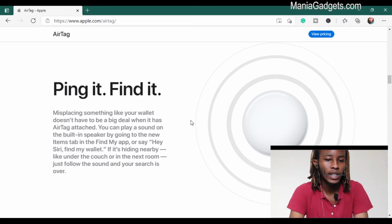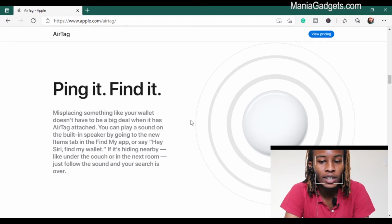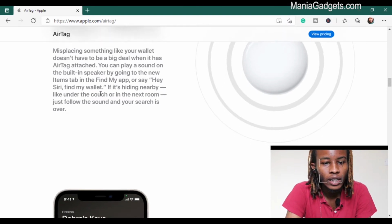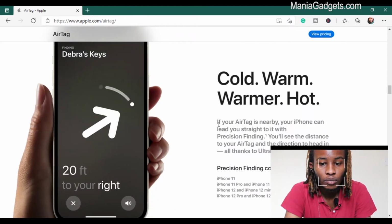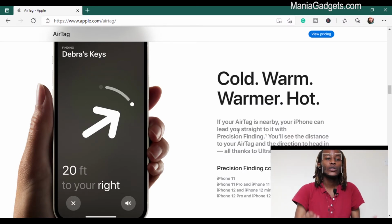If you have an AirTag attached to it, you can play a sound on the AirTag's built-in speaker, and it will sound when you ping it, just from your app. And you can also say, hey Siri, find my wallet, and it will just follow the sound and you'll search it. And it's awesome because your iPhone can lead you straight to the AirTag with position finding,